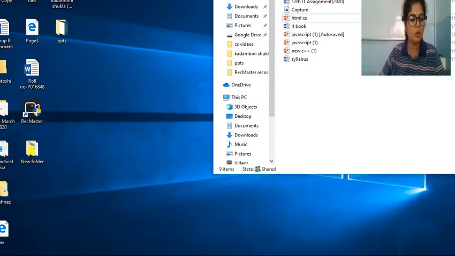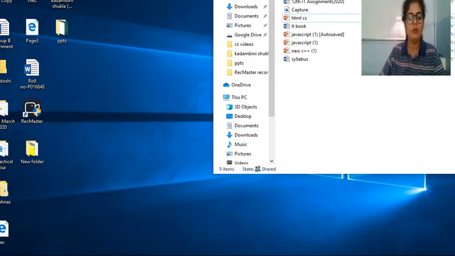After writing your code, you have to type the code in the notepad file, and then save your file with your name.html. For example, if you have given desktop location, it will create this type of icon on your desktop.